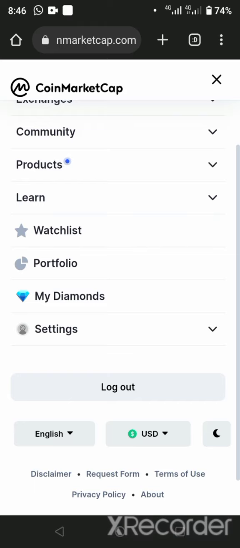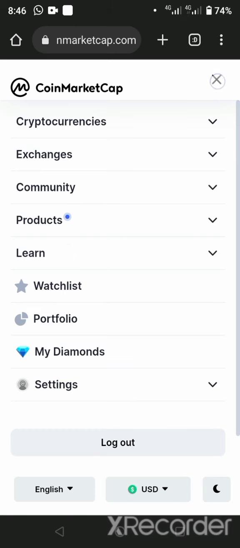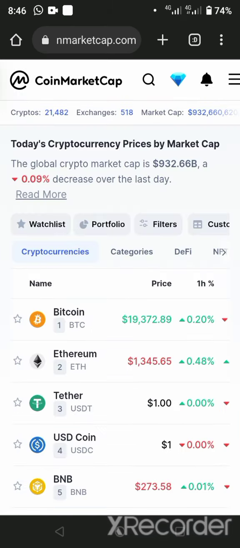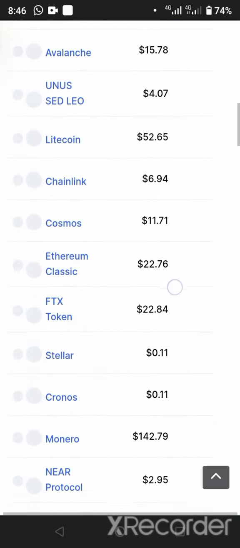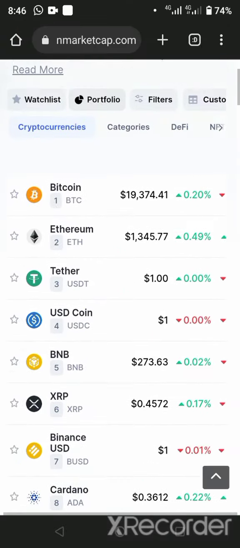Your portfolio, your watch list. You can have a watch list. It's available here. Look at the watch list, which is projects you're looking at. You put in Bitcoin, you put in Ethereum, any projects you have interest in, you put it in your watch list, and you'll be receiving notifications on those projects. Your portfolio is here. Filters, if you want to narrow down your search so that you'll not be seeing this whole long pile of stuff.